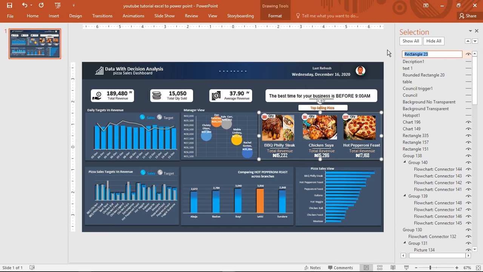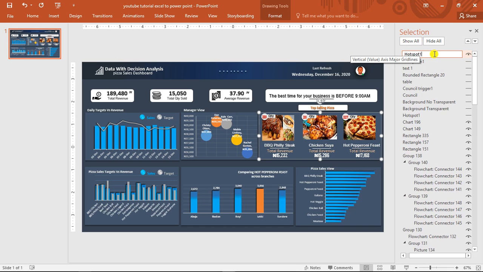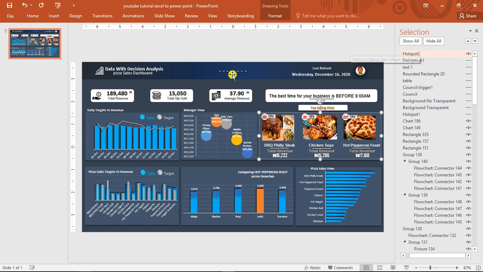I'm going to say hotspot 2. I had one before. Hotspot 2. So right now I'm actually going to have to put my screen